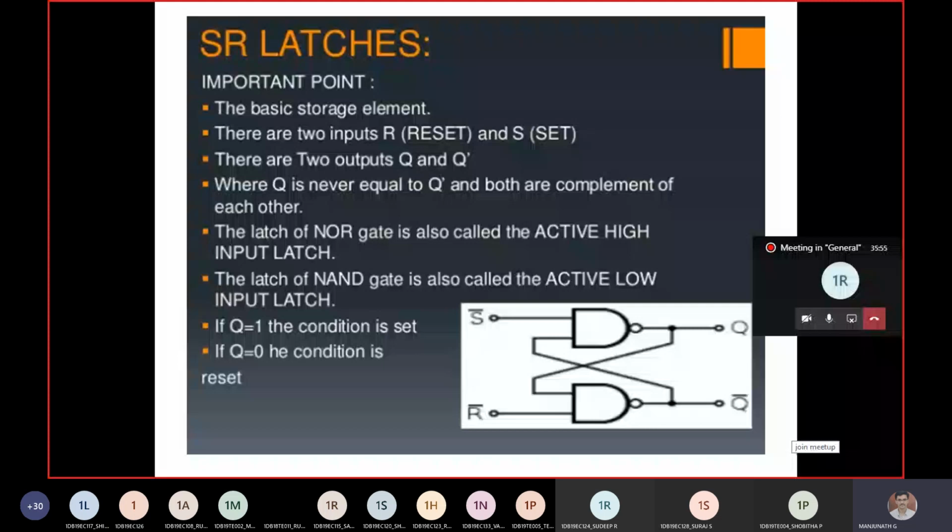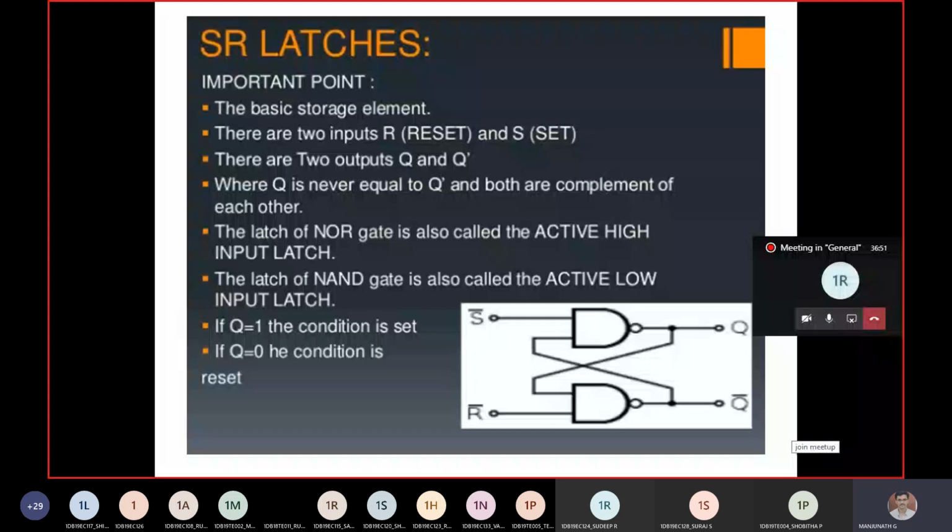So SR latch. Some of the important points you should remember are there on the slide. You can just glance at it. It is a storage element and it has two inputs, set and reset, that is what they mention, S and R, and two outputs, Q and Q bar. Whatever bistable or sequential circuit comes, it always involves two outputs, one is Q and one is Q bar. Whatever output you get for Q, that will be complemented for Q bar, right? You can see there Q bar and Q are complements of each other.